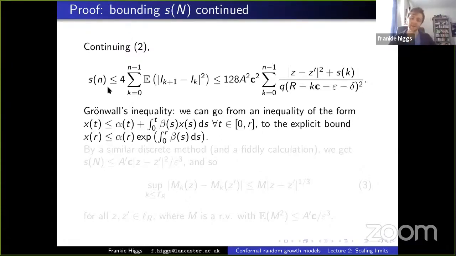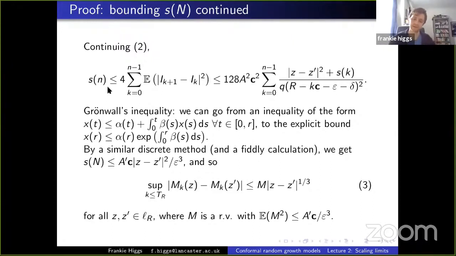So we can do the same thing for Sn, and after a couple of calculations, we find that this second moment is bounded by something times |z - z'| squared, which is lovely, it's what we wanted. And so we apply Kolmogorov's continuity theorem,